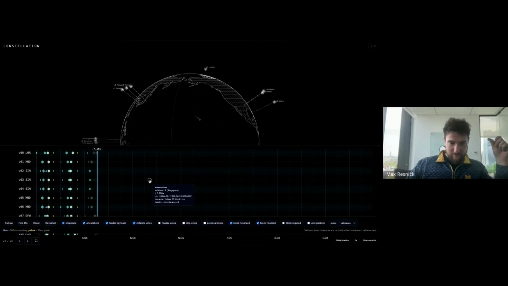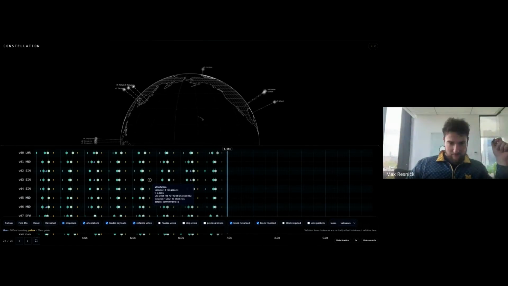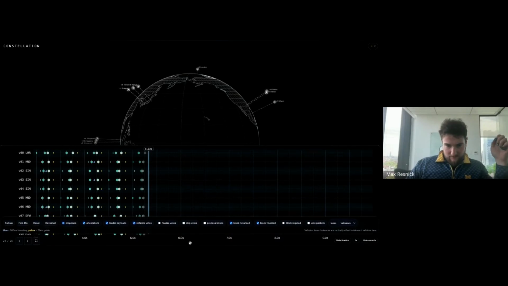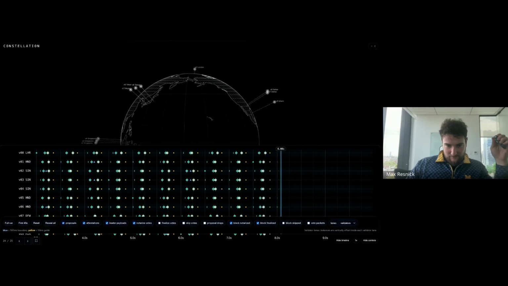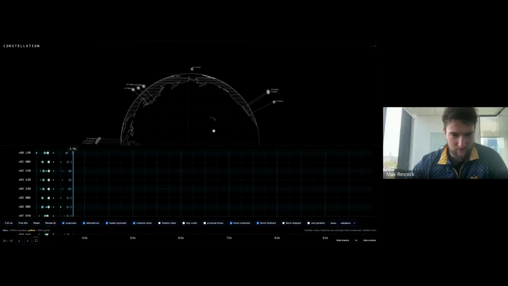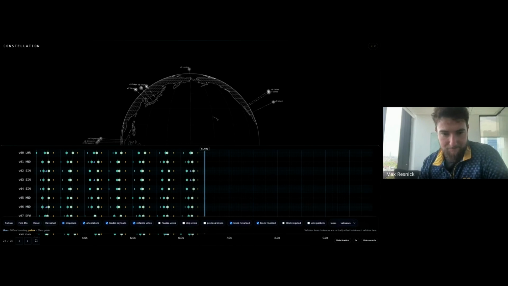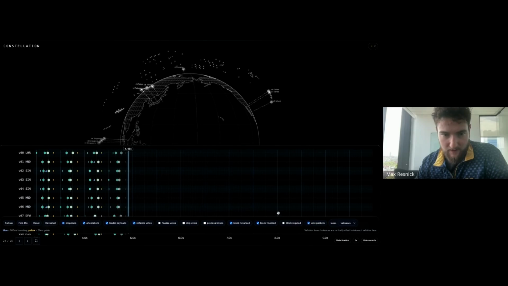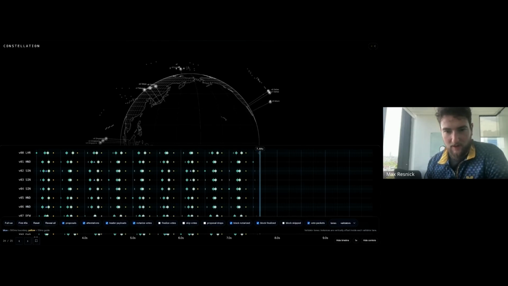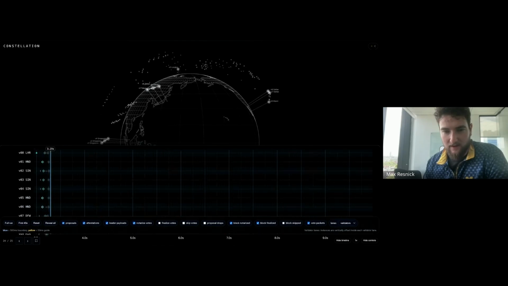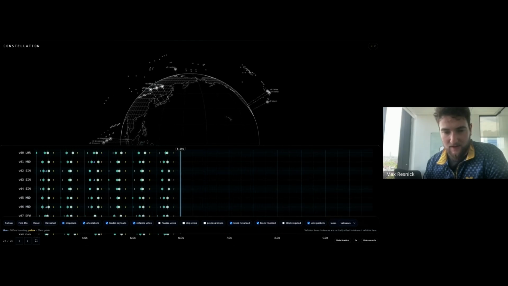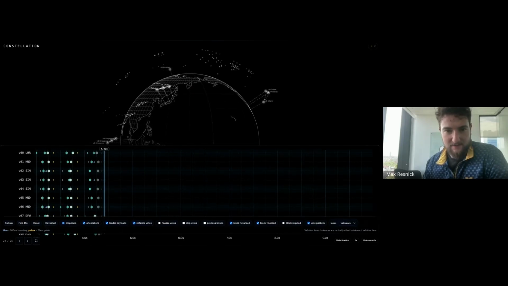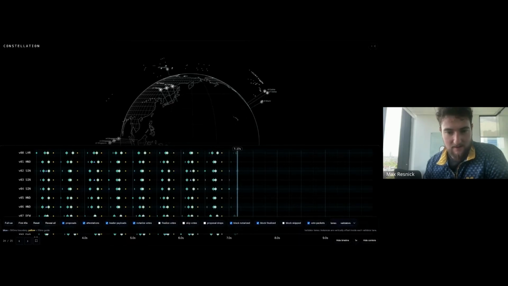I think we're at something like a 500 millisecond cadence. Is that right? Let's see. Yeah, we're at a 500 millisecond cadence, or I think 450 millisecond cadence here. And you can see the traffic is much lower than we saw in Braid or Gatling, because we're not doing separate consensus instances.